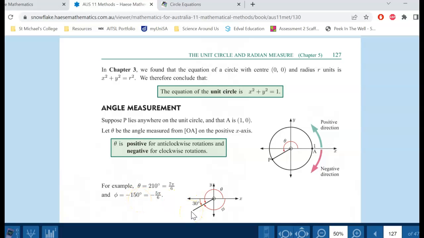Both are correct. You can measure either in the positive direction or the negative direction, but just be aware that we always measure from the x-axis and we come around either counterclockwise for the positive direction or clockwise